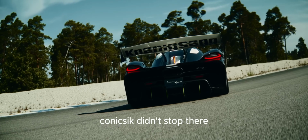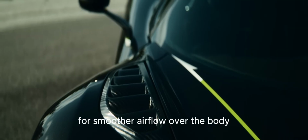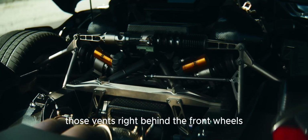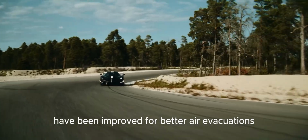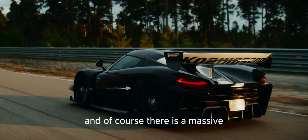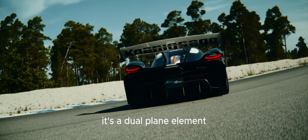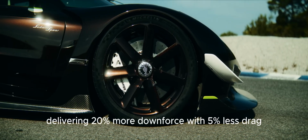Koenigsegg didn't stop there. They have refined the aerodynamics with larger under-roof strakes for smoother airflow over the body. The rocker louvers, those vents right behind the front wheels, have been improved for better air evacuation. Even the wheels get their own louvers now, and of course there is a massive rear wing. But it's not just any wing, it's a dual plane element rear wing delivering 20% more downforce with 5% less